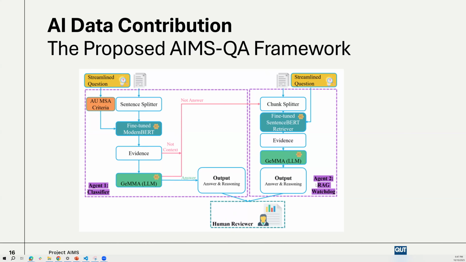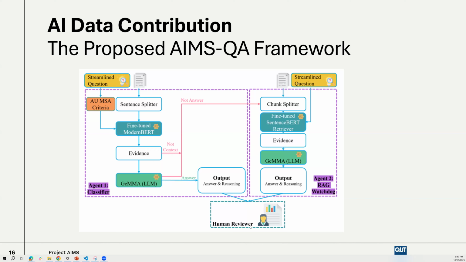a watchdog that is there when this first streamlined pipeline fails. And here, instead of going to our ModernBERT for extracting evidence, we are using a RAG pipeline that takes a document and, based on the similarity of the words and other assessments with the question that we're asking, such as supply chain spend, is going to extract new evidence. The sentences that this Sentence-BERT model thinks are relevant are then given to the large language model with the same prompt,